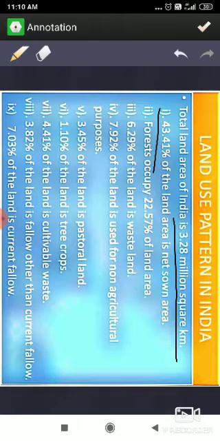43.41% of the land area is net sown area. And you know that net sown area, the region which is cultivated in agriculture, is called NSA, net sown area. And forest occupies